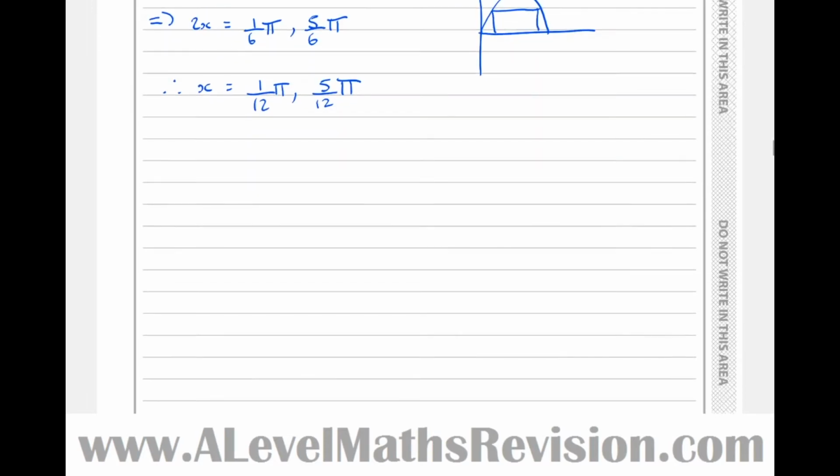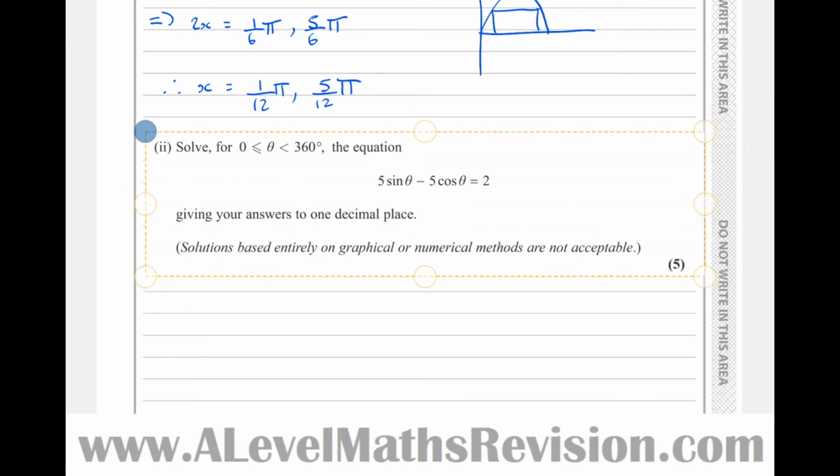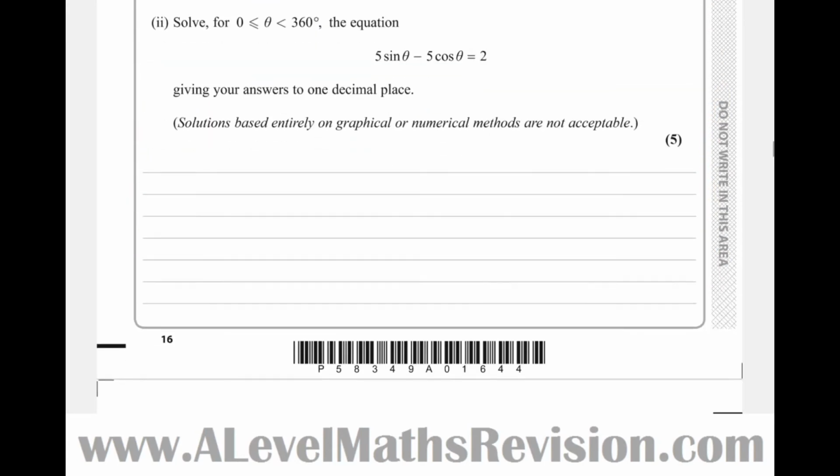So now for the next part, let's just put it there to remind ourselves of what it was, so we can see it on the screen. So it says solve for theta between 0 and 360, 5 sine theta minus 5 cos theta equals 2, giving your answer to 1 decimal place. Well, this one is a bit more difficult, but the key here is to recognise that these two terms, 5 sine theta take 5 cos theta, can be combined into the form r sine